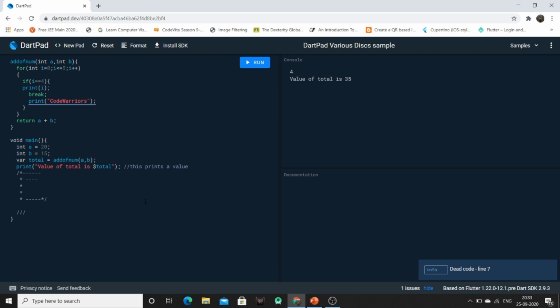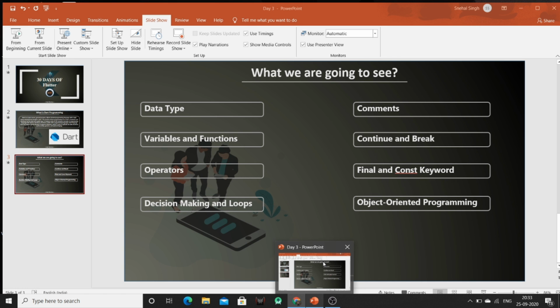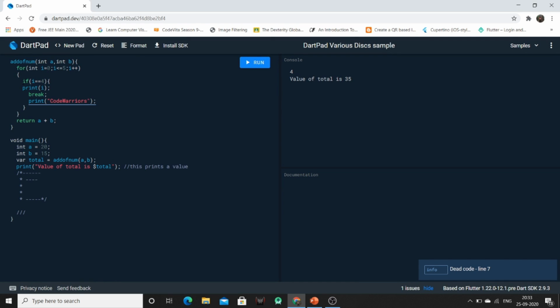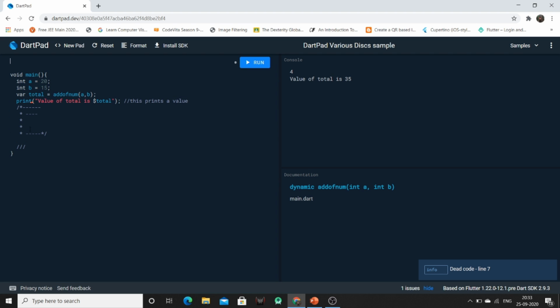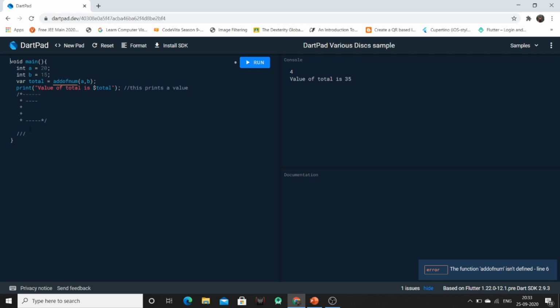Now after continue and break we have the final and constant keywords. We can use the final or constant keyword to declare that our variable value shouldn't be changed at any cost.